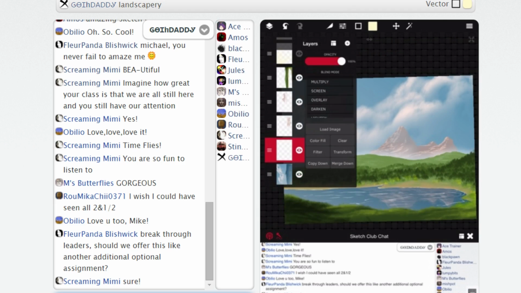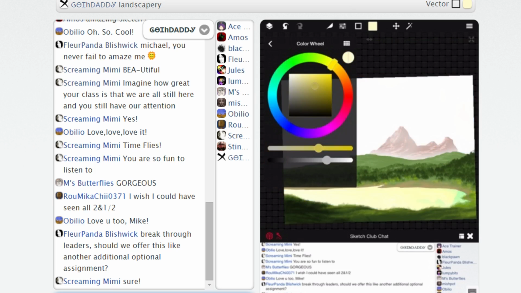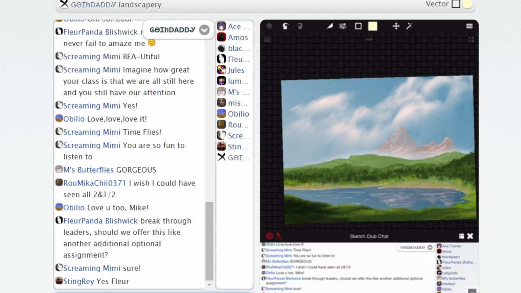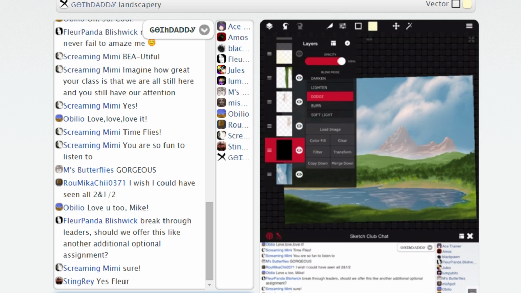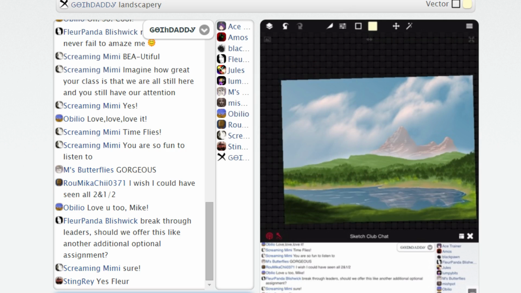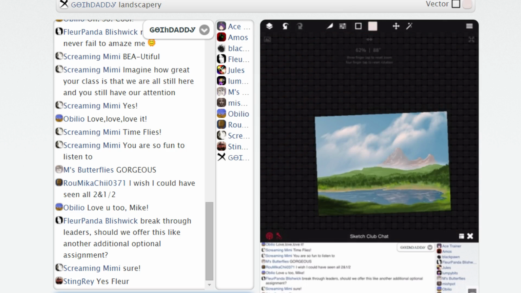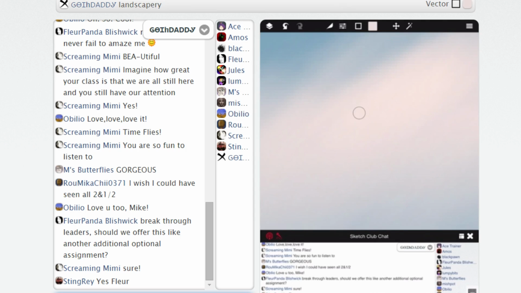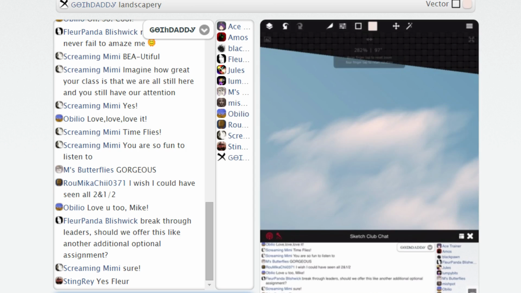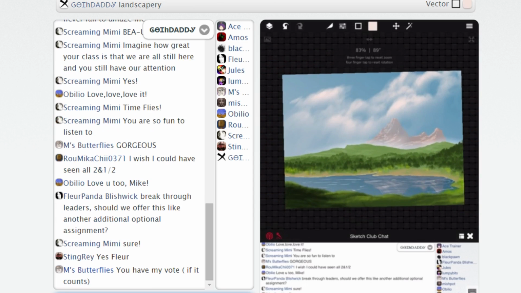So both Sebastian and Fleur are really responsible for me playing around with this more. So what you want to do when you're going to do this, you go above, put the Dodge layer. First of all, set it to Dodge. That's always helpful. Then you fill it in with black. What's going to happen is it'll become invisible. It looks like I did nothing, but if you look at the layers, my Dodge layer is in black, right? Now anything that I want to work on underneath it,